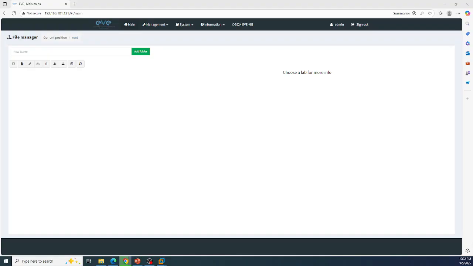So maybe we should just note that until we've installed all of the images, there is no way we can have any lab